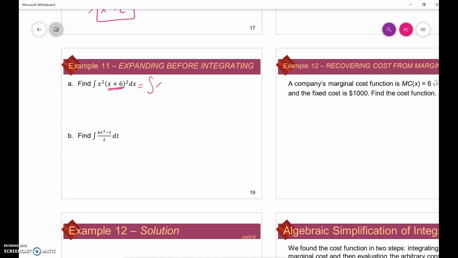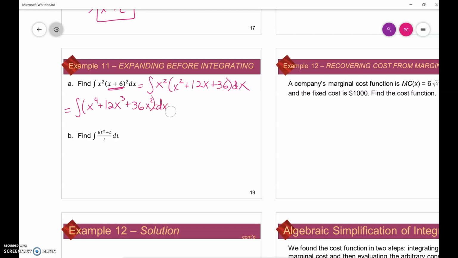So that gives me x squared times, if you square x plus 6, you end up with x squared plus 12x plus 36 dx. And then you want to take one more step to distribute your x squared in, giving us the integral of x to the 4th plus 12x cubed plus 36x squared